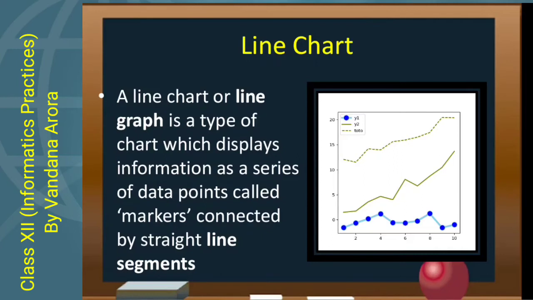You can see in the diagram. First, we will plot the points corresponding to the y-axis. First, we take the x-axis, then the y-axis, and draw the points correspondingly, and then join these points or markers with the help of line segments. This is called a line chart. In 10th class mathematics, in the linear equation chapter, you have studied where you plot the graphs on the graph paper. First draw the points or markers and then join them with the help of straight line segments.